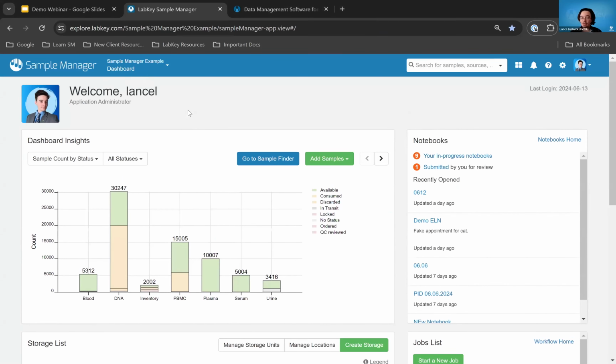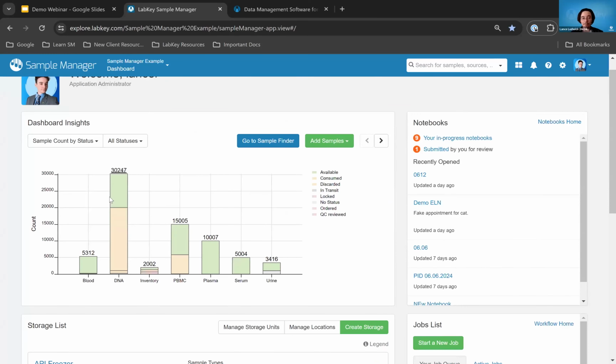It would look very similar to what your instance is. Of course, there'd be some differences depending on your sample types, your different statuses, and whatnot. Here we have a basic overview of all of the samples in my laboratory. I can see the different statuses these samples are in. So I can see I have around 10,000 DNA samples that are available, and I have around 20,000 DNA samples